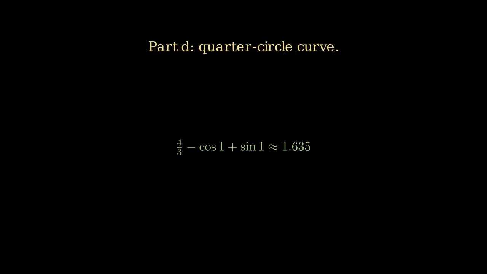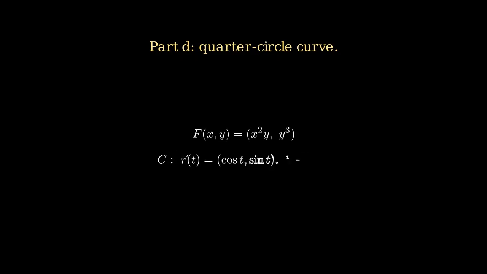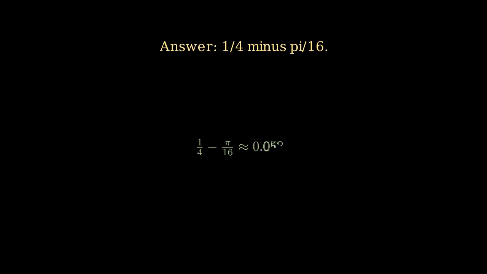Part D. Evaluate the line integral of F dot dr, where F of x, y equals x squared y, y cubed, and C is r of t equals cosine t, sine t, for t between 0 and pi over 2, a quarter circle. Pattern to recognize: cosine and sine parametrization. Always expect trigonometric identities to simplify things once you multiply everything out. The answer is 1/4 minus pi over 16, approximately